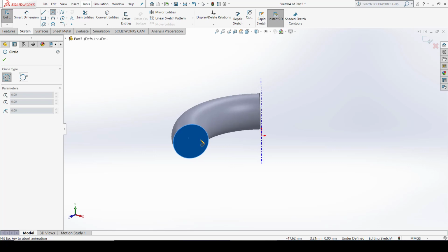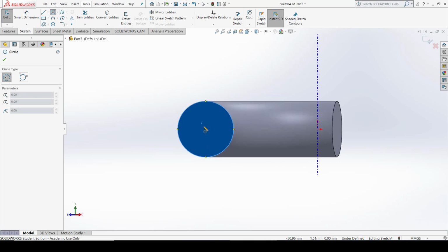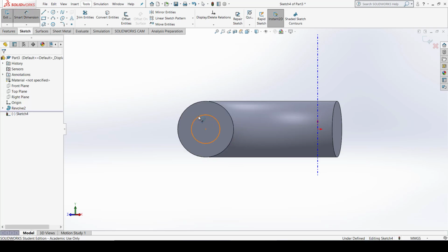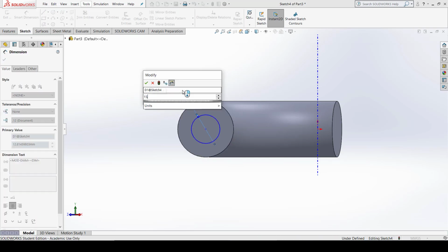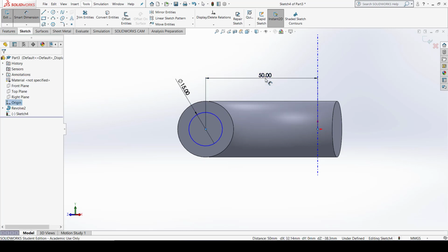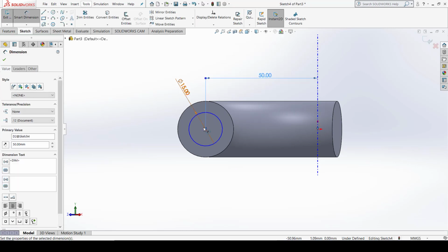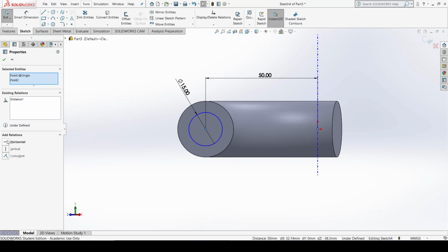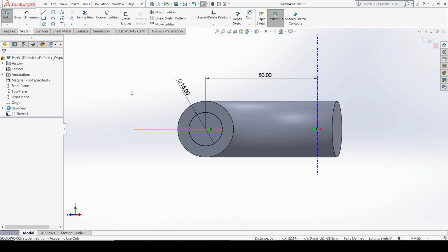Let me press Ctrl 8 here, find the center, draw a circle with a certain dimension. Let us say the diameter of the circle is 15. We provide the distance from this, let us say it is 50, and press escape to end the command. Click the center, press Ctrl, click the reference point, make them horizontal, click OK.